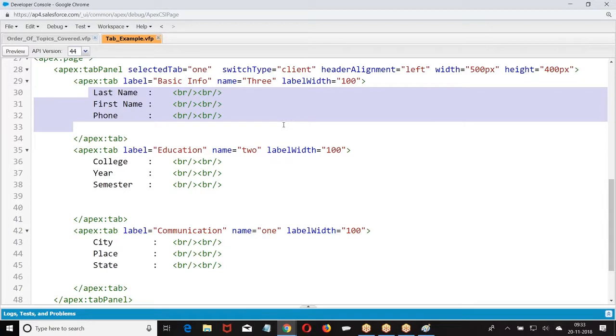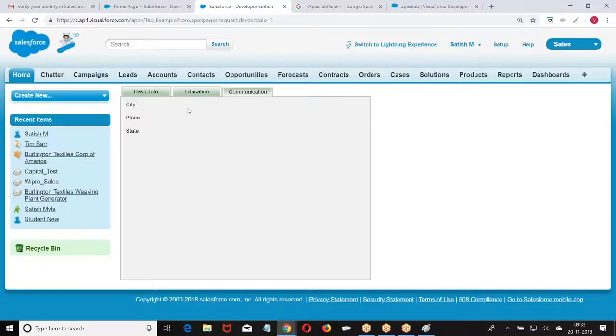I'll create a button on the page at the bottom. When you click on the button, the tab should be shifted automatically. Then how do you shift the tabs? Now everyone here, look at the point. When you're creating this, how are you navigating to the next tab? Is it automatically shifting or you are clicking on the tab? You are clicking on the tab. Now what I will say is, I'll create a button here.